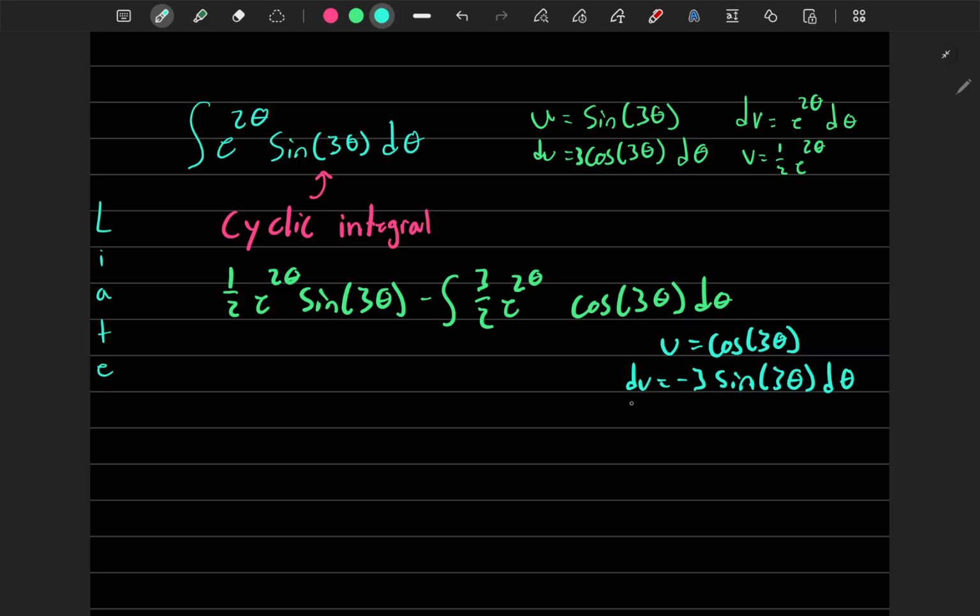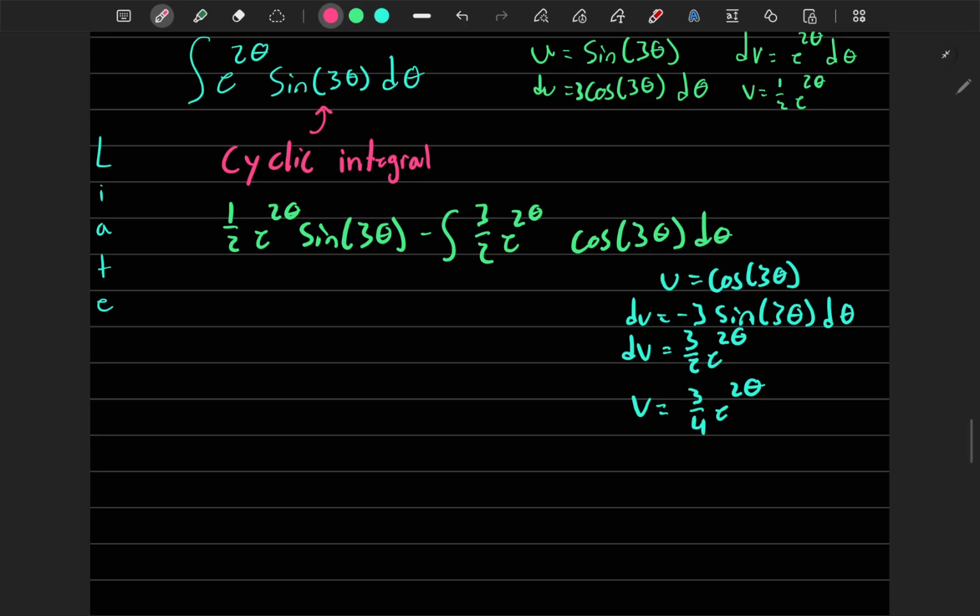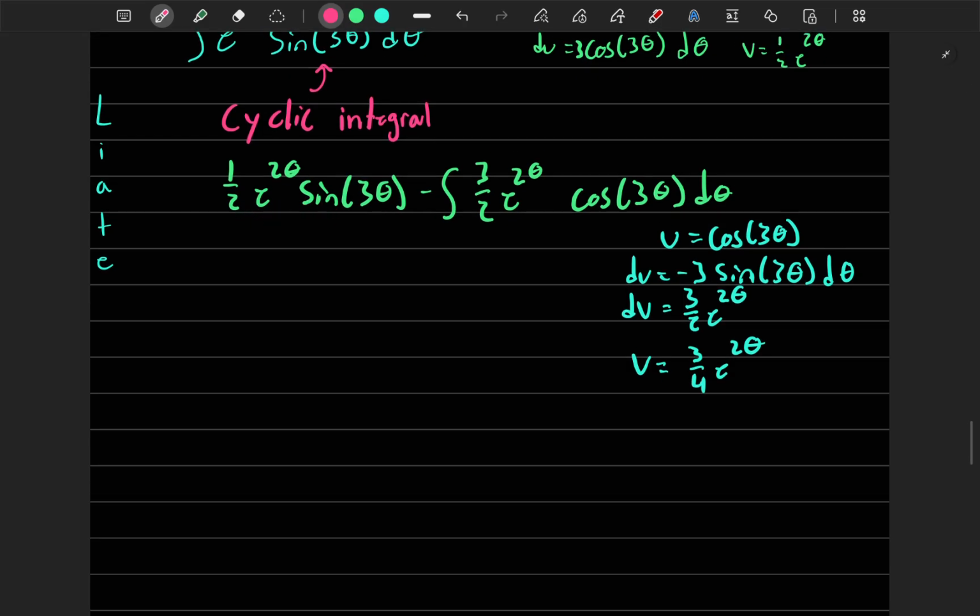And then our dv will be the 3/2 e^(2θ), and we take the integral of that. Our v will equal, let's see, 2θ. It should be 3/4 e^(2θ). Nice. Okay, I'll switch to pink now to show you guys. So remember this part, we'll come back to it up top here, but we'll come back down here, and with our uv, we'll do